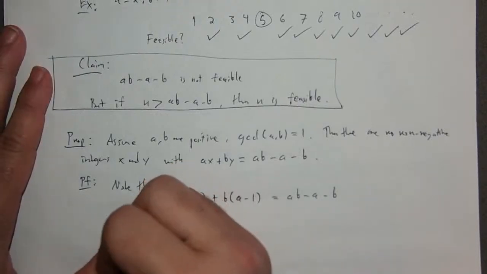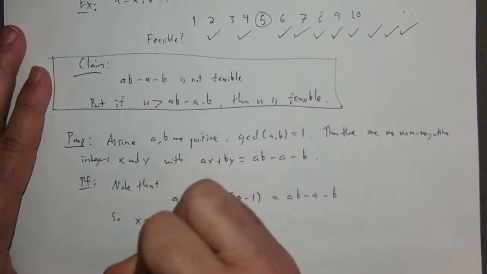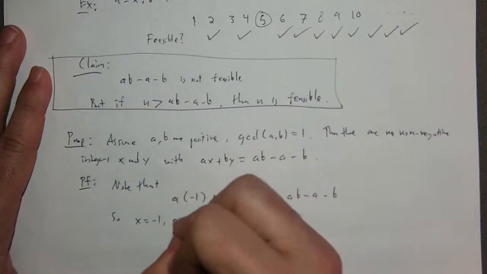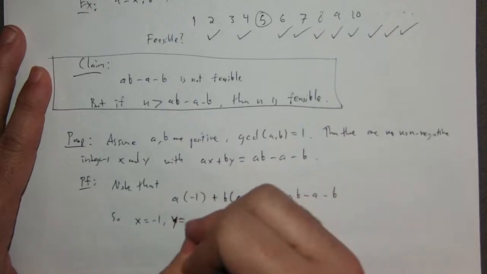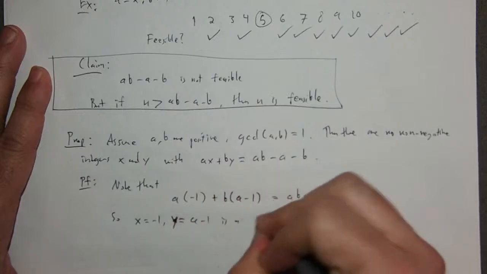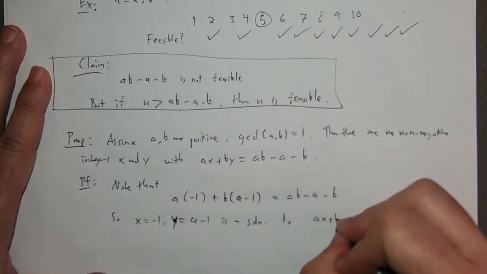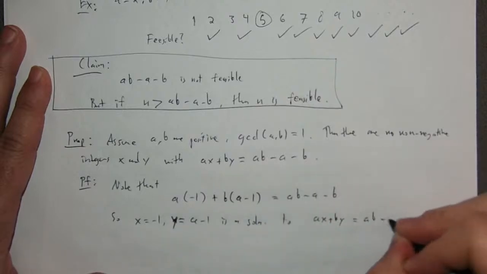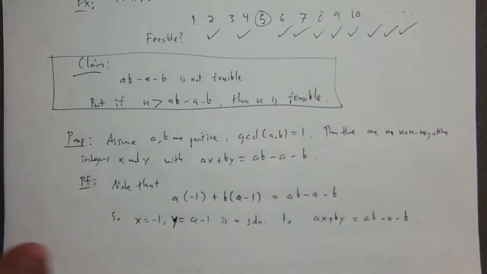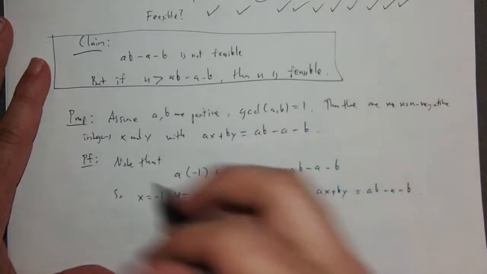So x equals minus 1 and y equals a minus 1 is a solution to ax plus by is equal to ab minus a minus b. Okay. Thus,